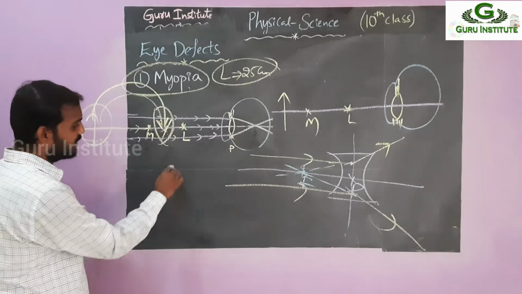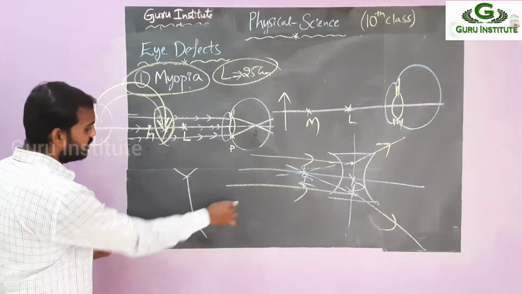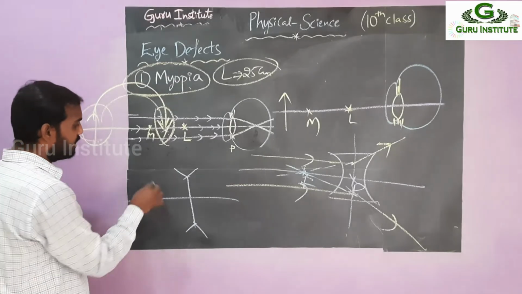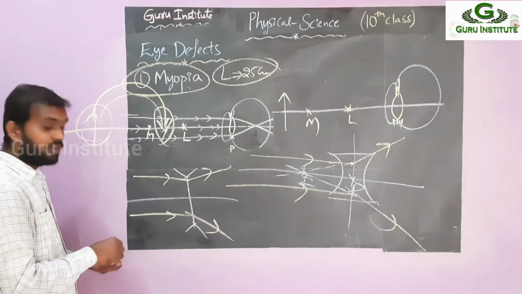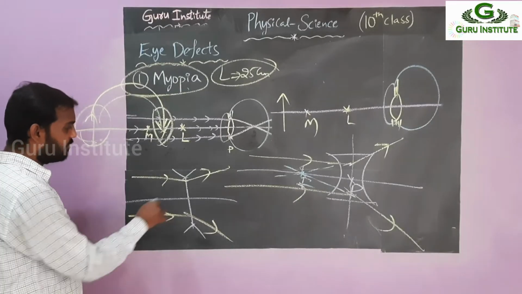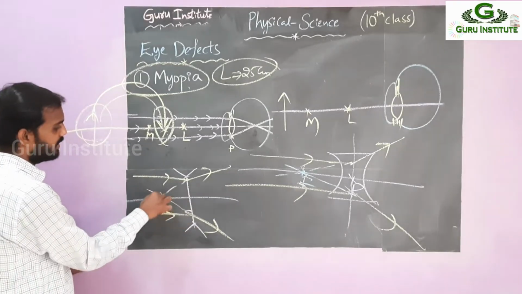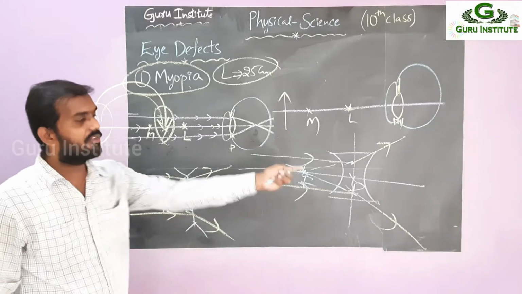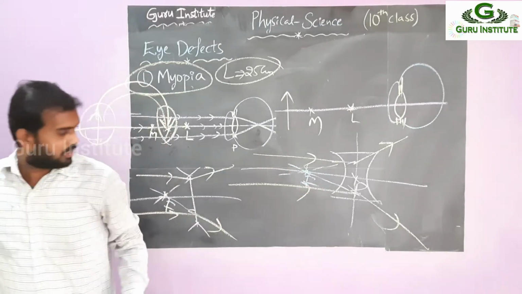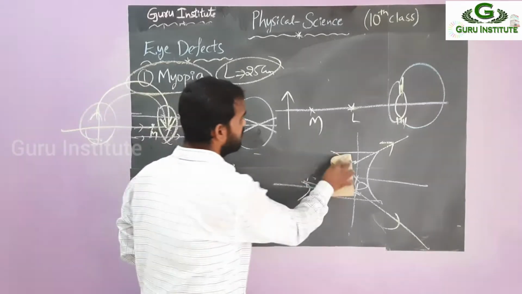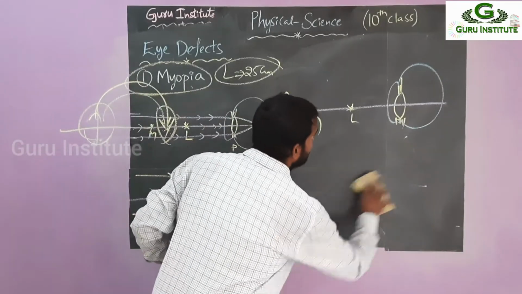Otherwise, for your easy understanding, I am drawing again. So this is the picture. How can you draw? This one is going upside, this is going downside. Then where is the image found? The image is found whenever it is extended to the back side. So they meet at a point, that is the focal point. This is the original picture of the concave lens, right? This is what is applied there. I am keeping this one and erasing this here. Just see here now.